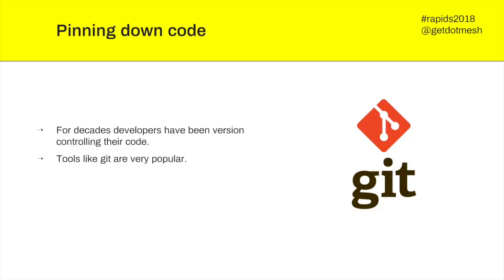So now let's talk about code. So for decades, developers have been version controlling their code. If you go to any software development team these days and say, do you version control your code? Then they say, yeah, duh. But that doesn't necessarily translate to other fields like data science and medicine and this whole world of AI and machine learning,